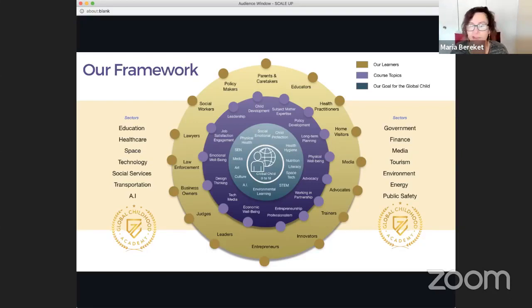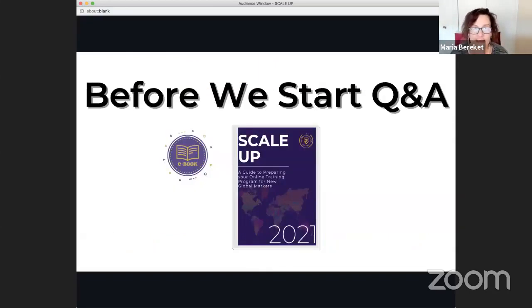It is, just like law enforcement, just like parents and caregivers and policymakers. All of these things, all of these people and industries are in Global Childhood Academy. We are not in there to put you in a sea of courses that are irrelevant to the mission. We all get who you are and what you do. And I think that's so powerful and really, really so important for what we're talking about today. So I hope that makes sense.